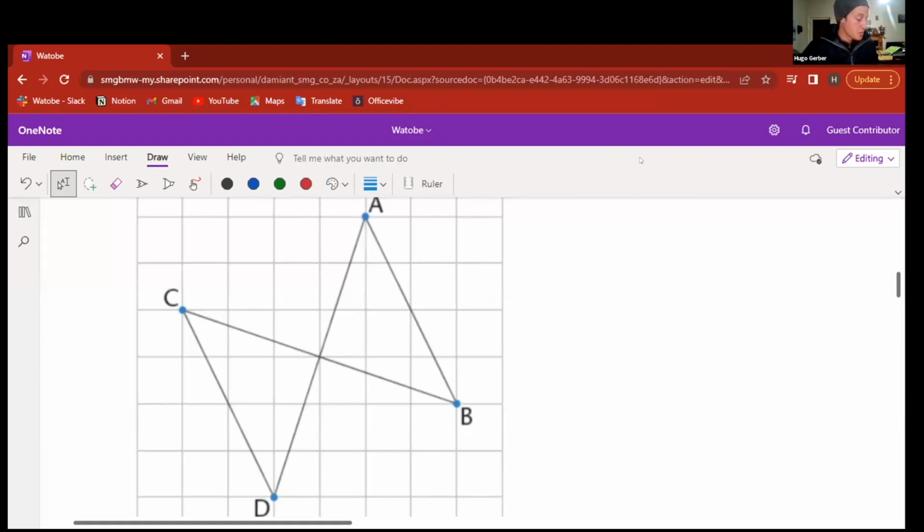Okay, you haven't heard of perpendicular? All right, let me explain perpendicular. Perpendicular is when a line crosses on a 90-degree angle, okay? So A and D crosses C and B on a 90-degree angle. That makes them perpendicular to one another. So the correct answer for this would be